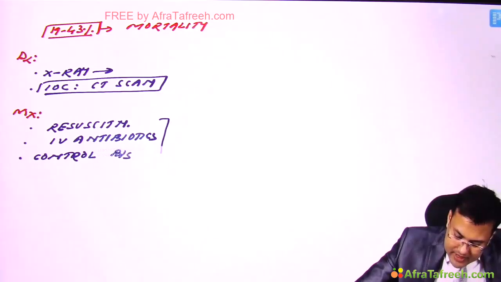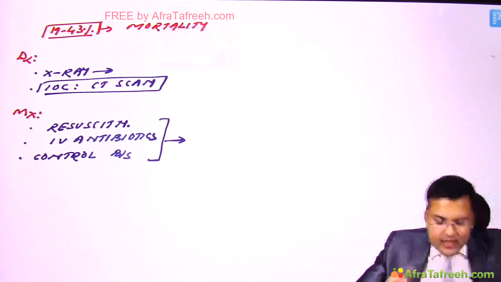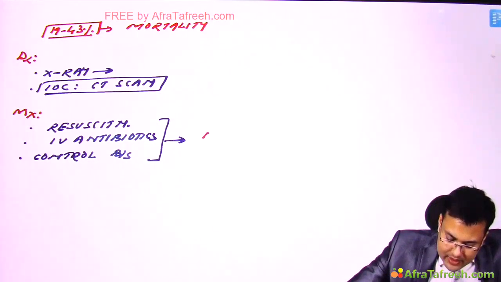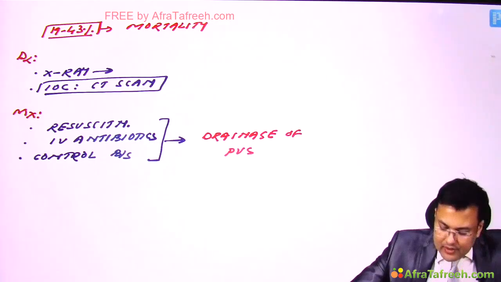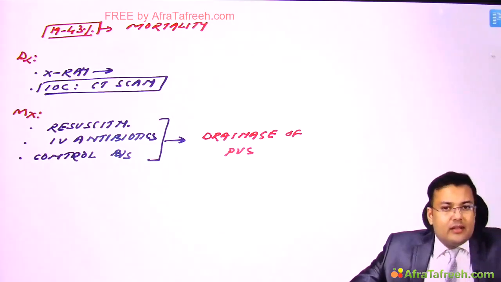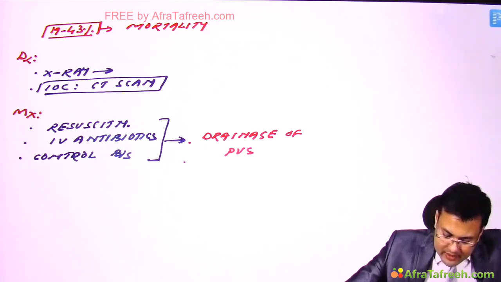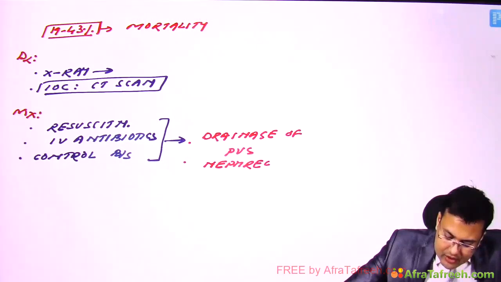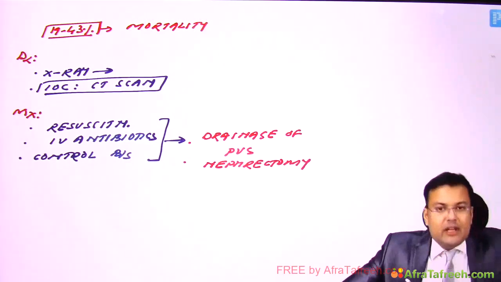Okay, basic management options. After that, if there is evidence of pus collection, in that case, drainage of pus. Clear? And in certain conditions even nephrectomy is required to save the life of patients. Second, if patient condition is not going to improve, to save the life of patient we go for nephrectomy. Next is